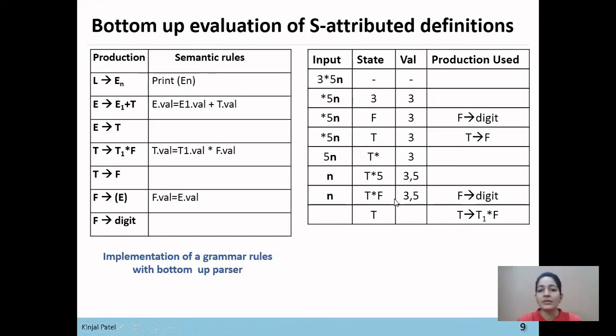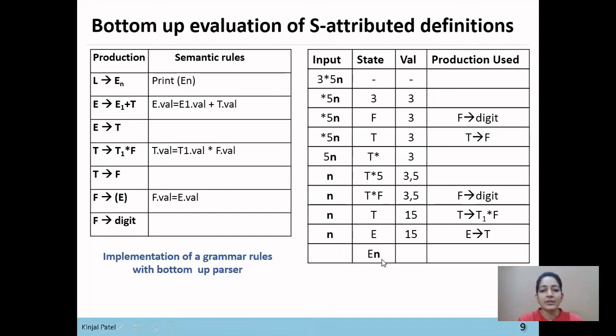So now the value is 15 as the 3 star 5 operation has been computed. So 3 star 5 equals 15. Now next this T will be reduced by the starting symbol E. So E derives T, and here the value is 15.